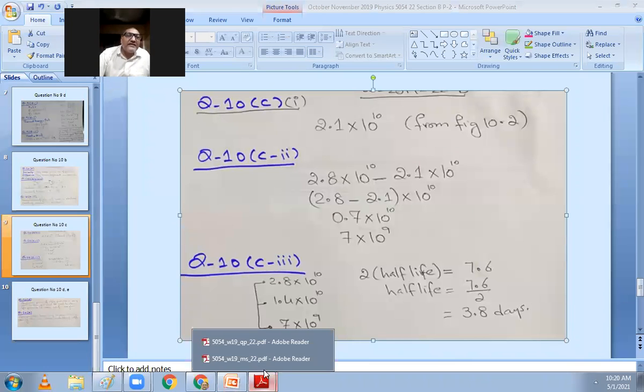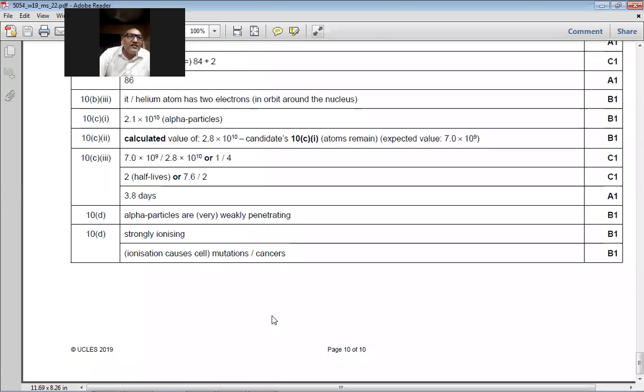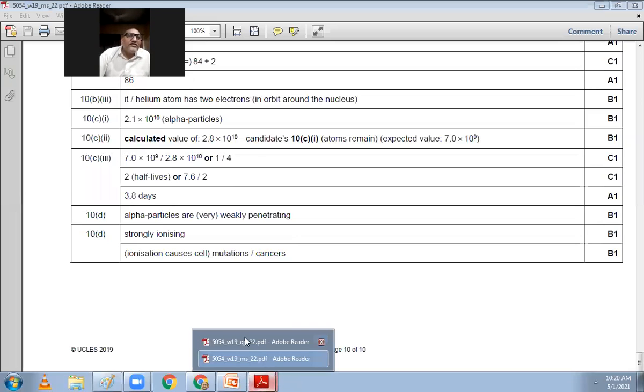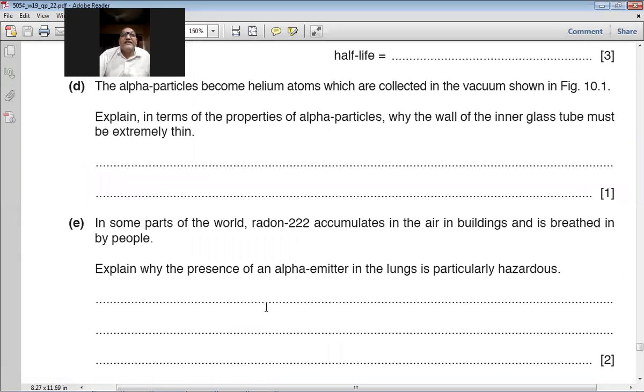So let's check the marking scheme, what the marking scheme has to say. It says 3.8 days, half-life, 2 half-lives, 3.8 days is the final answer. Okay, let's go back to the questions. It says the